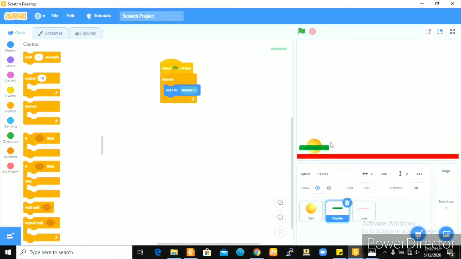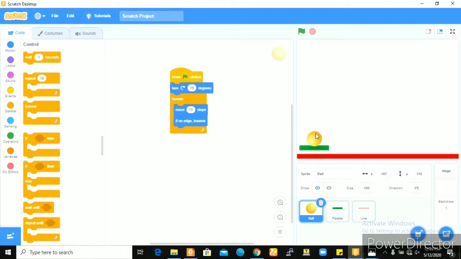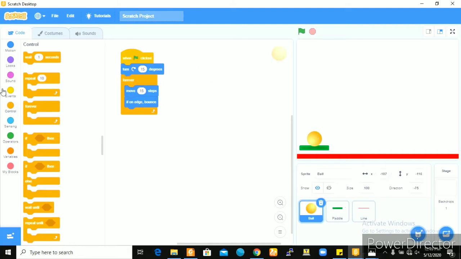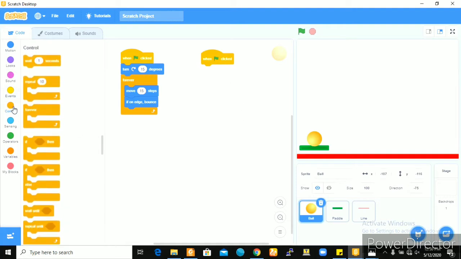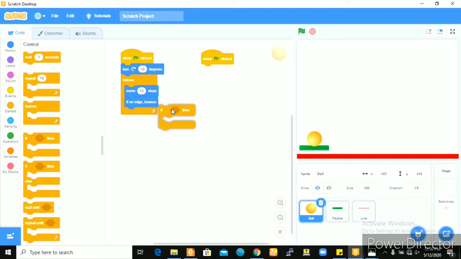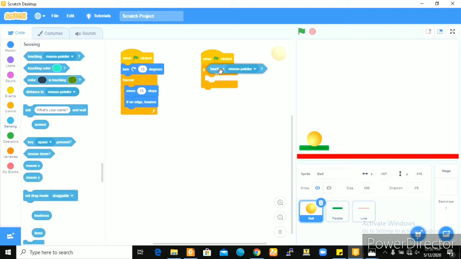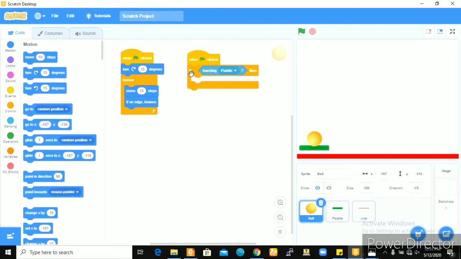So now the next thing to do is to create a case where the ball comes in contact with the paddle. So for when flag is clicked, if, we'll go to sensing. Now remember that this code is for the ball. So when flag is clicked, if the ball is touching the paddle, then we want it to turn to